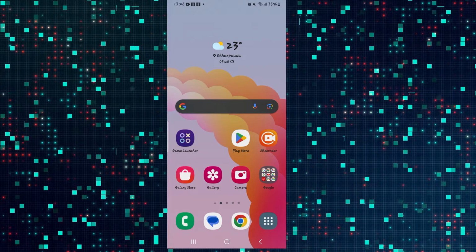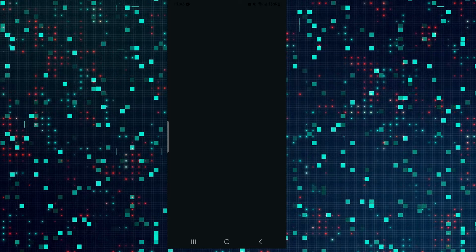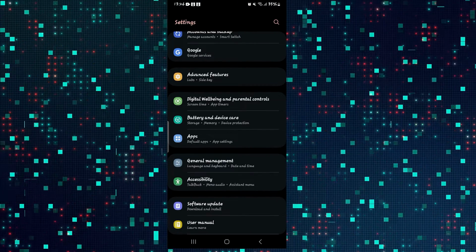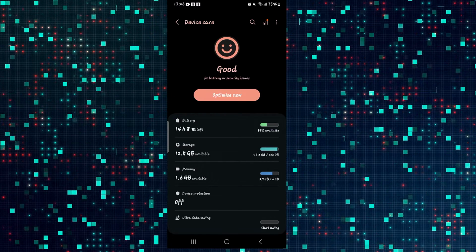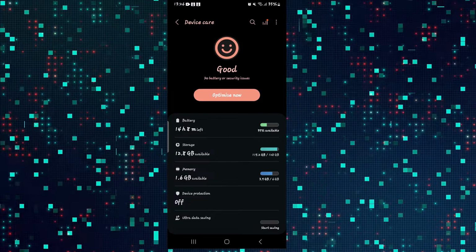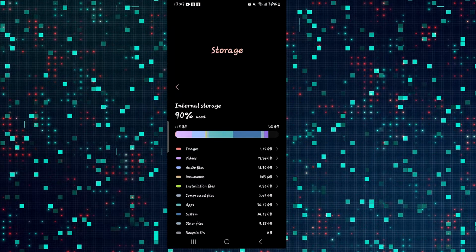First of all, you can try deleting applications that you don't need. You can do this by going to your phone settings and then scrolling down to the battery and device care section. Underneath this settings page, you will be able to find the storage option. You can simply tap on it and this will show you all of the applications and files that are inside